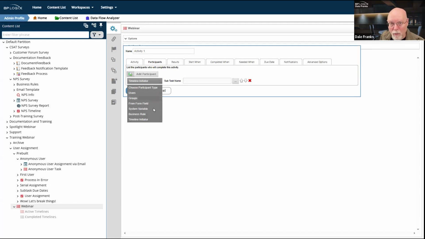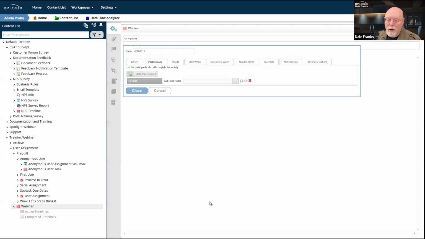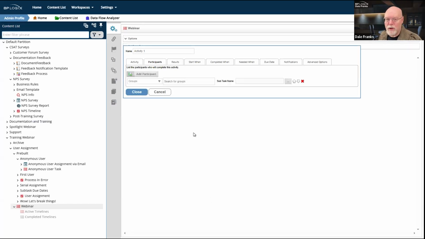So what are the best options for assignment? These are the official BP Logix recommendations. Primarily, you should assign to groups when you can. There are some drawbacks to group assignment, but in general, some of the drawbacks are actually advantages.